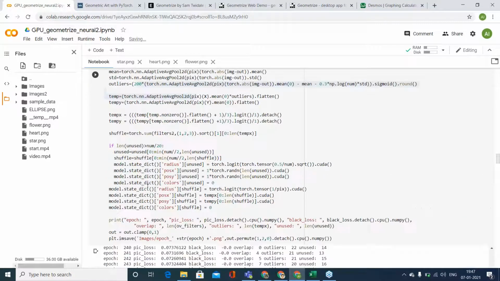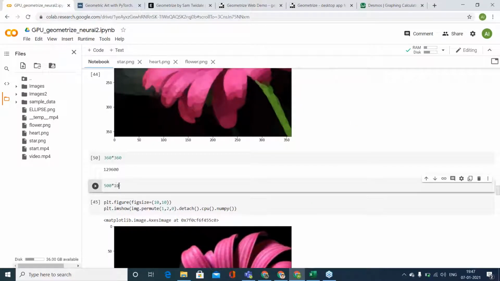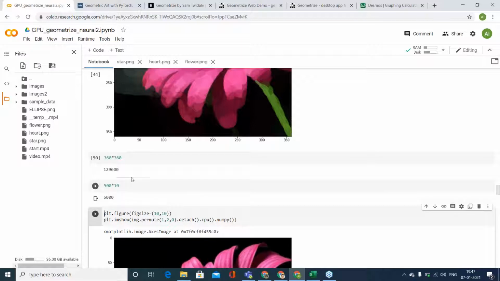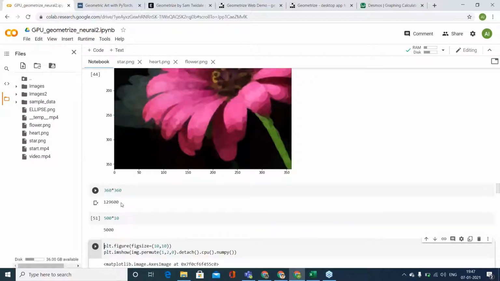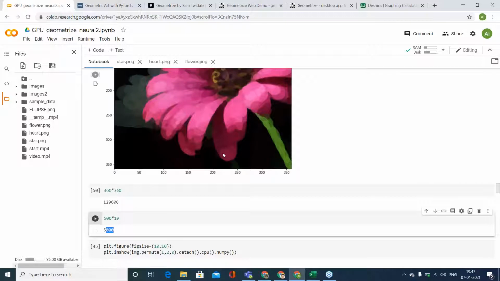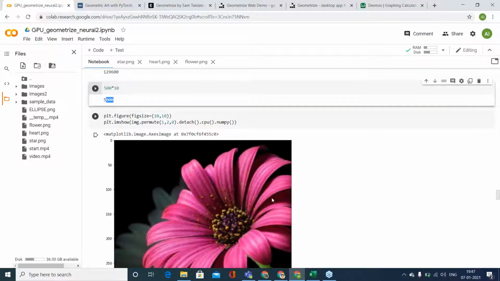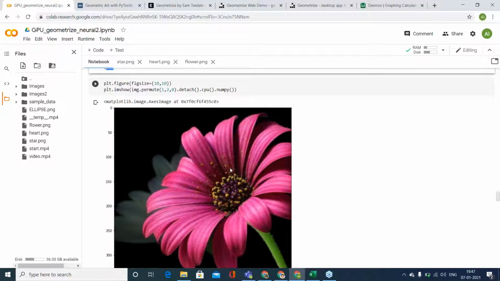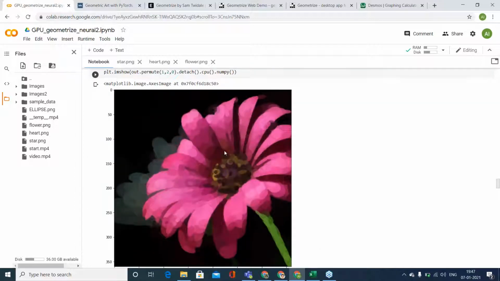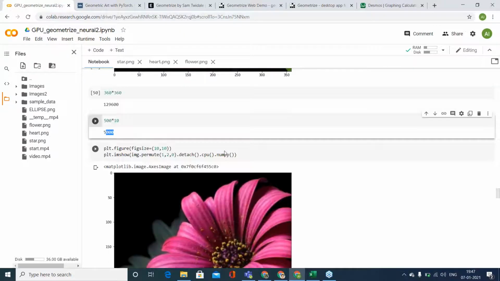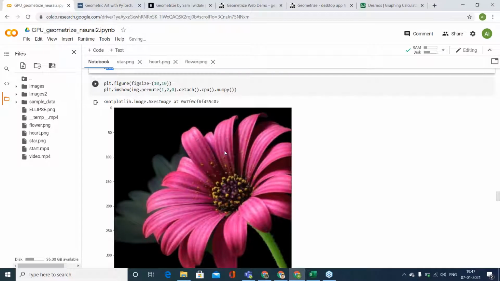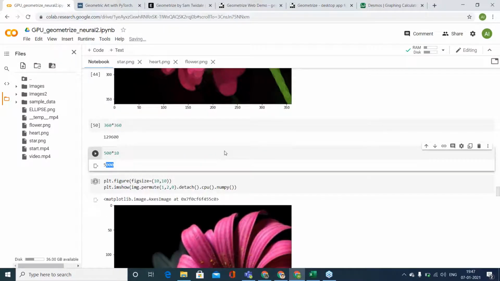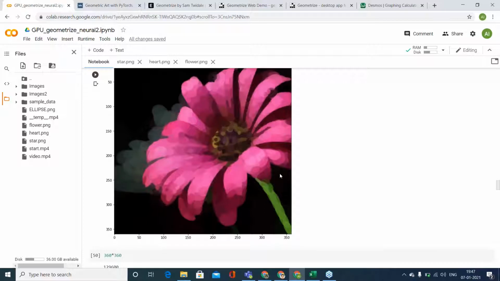So what we are actually doing is 500 into 10, which is 5,000. So if you see, we have compressed the image from these many values to just 5,000 values, right? So there's a huge compression which has happened from this to this. So all the very fine features have gone. So all these small lines and all, and we get this image. So it is sort of a pixelated image, but it is not actually pixelated. It is made up of circles. So get the point. It is sort of compressing that image.